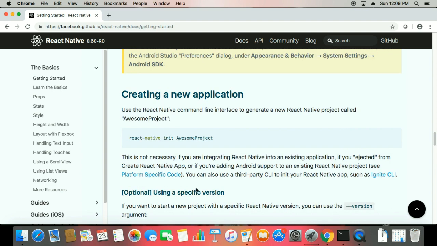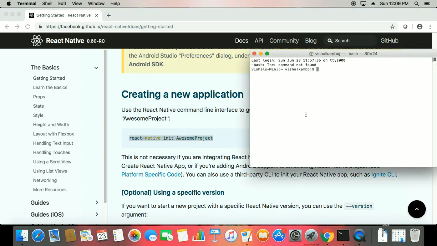Okay, and the last thing is that you have to start your project with react-native init, the project name, and you give your name to the project. Okay, so how can we start it? First we have to check that on my desktop. First I'm going to my desktop, and on the desktop we have a React Native folder in which I want to install all the projects related to React Native. So I'm running the same command, react-native init, and the project name is test